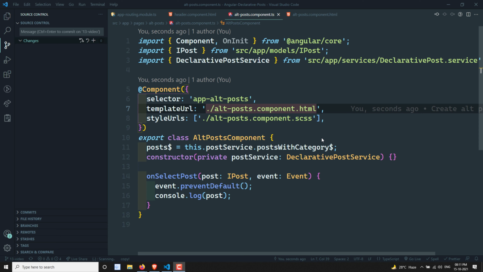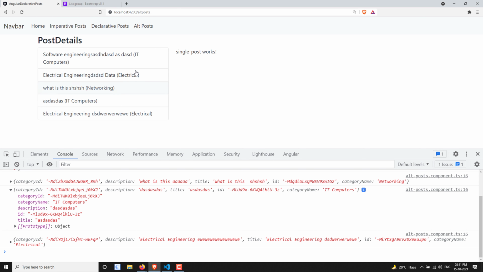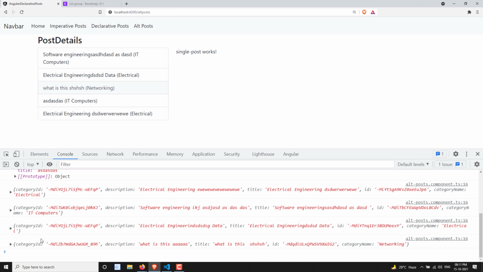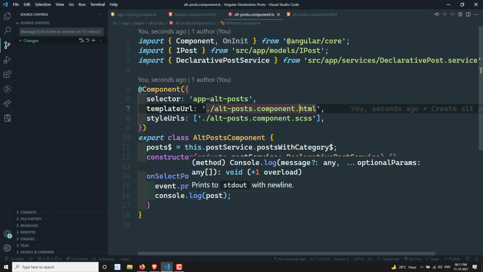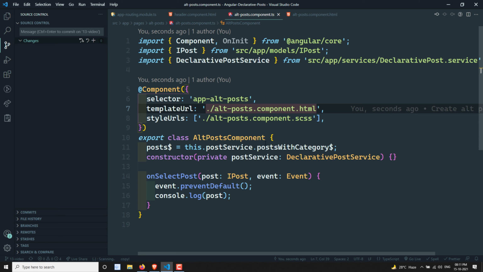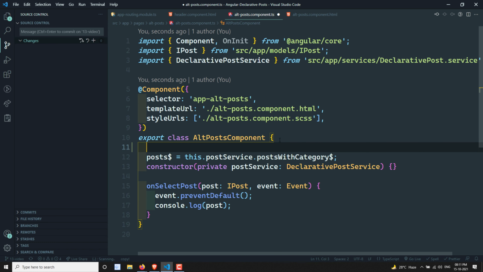In the previous video, we created an alternate post here so that when we click on that one, we are able to get the selected post details, right? Now we need to create an action stream for this one. Can we create an action stream here? Subject, can we create it here? We should not create it. Why? Because